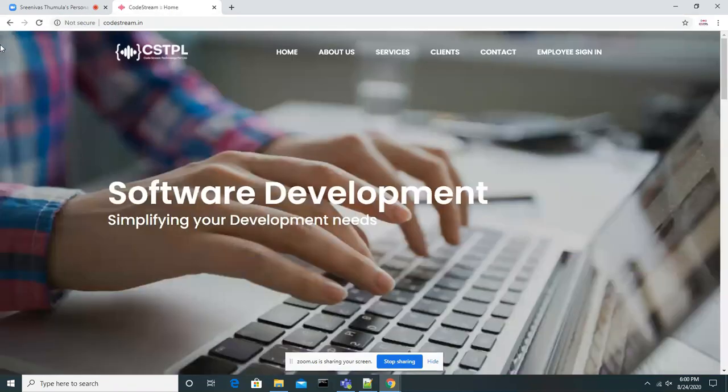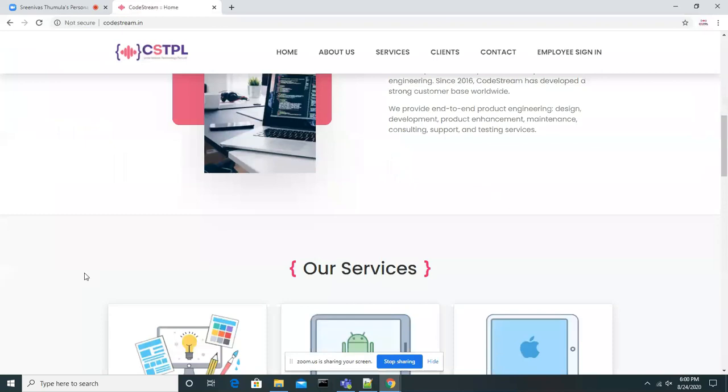You can see the information is represented in this website. Not only this website, anywhere you can see the information represented.